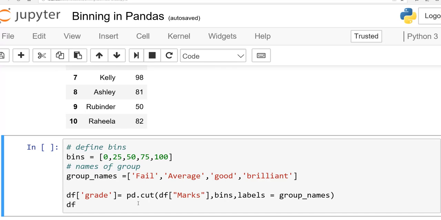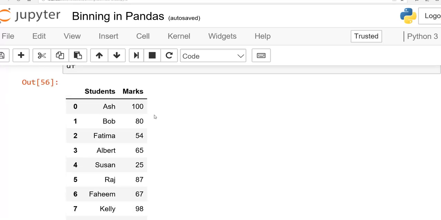Now how do we perform this function? I say I want another column. So df in square brackets, you have to write whatever name you want for your new column. I said grade equal to pd dot cut, and df in square brackets I have written marks. Why marks? Because I want to apply the bin function here.